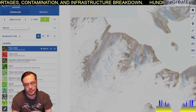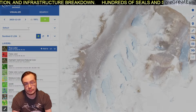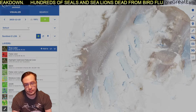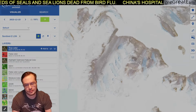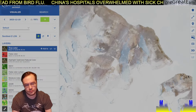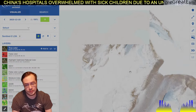This is really bad. I don't know how anybody could look at this and say this is normal. We have 100 years of data on Antarctica. That's not enough? No, we have tons of information, tons of data on Antarctica. This is looking like extreme swings of melt. I don't know if this is permanent or not, but